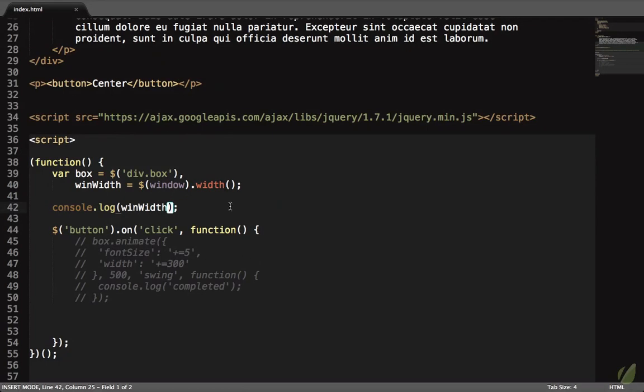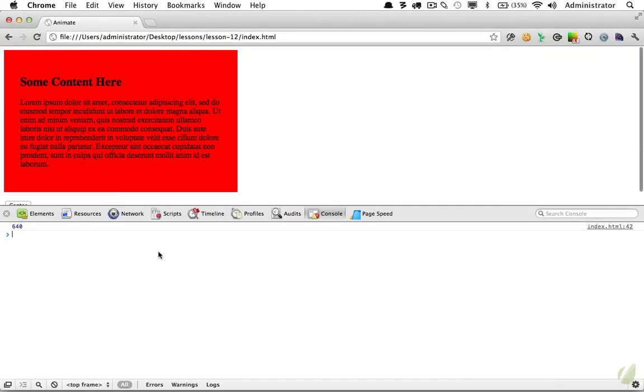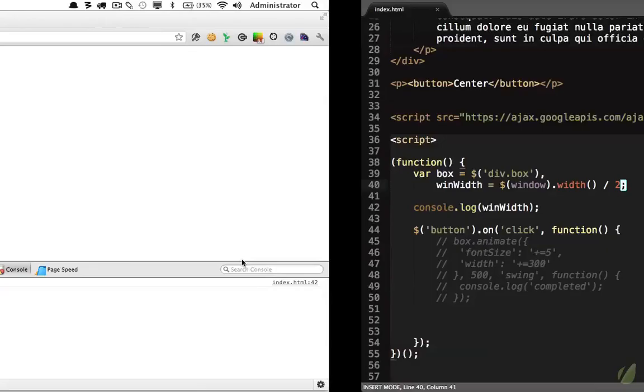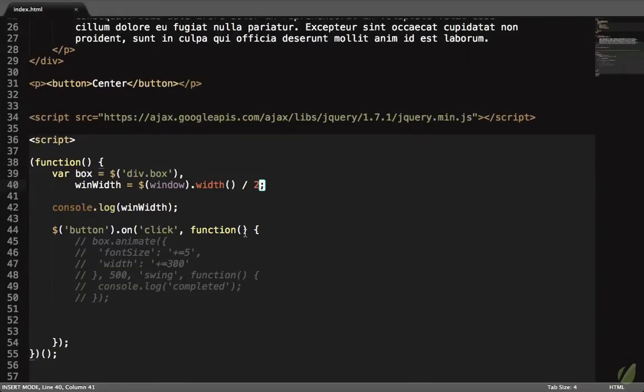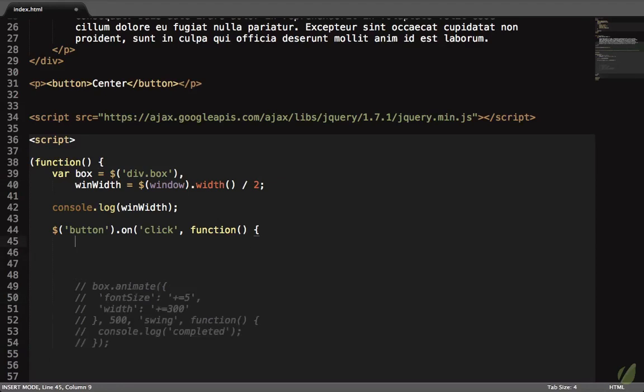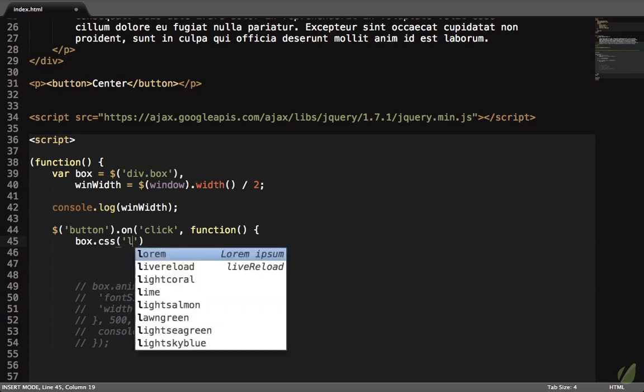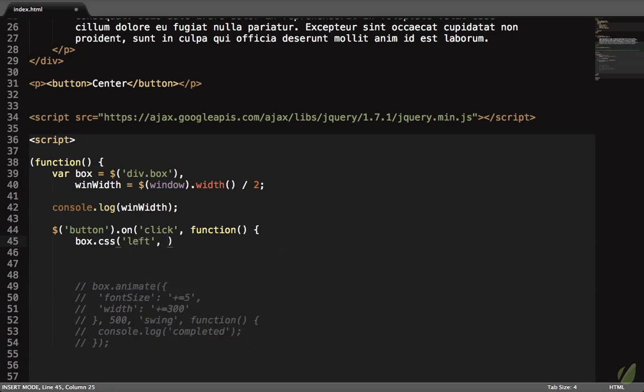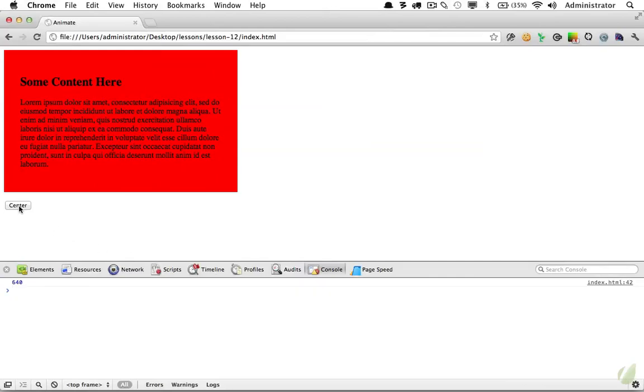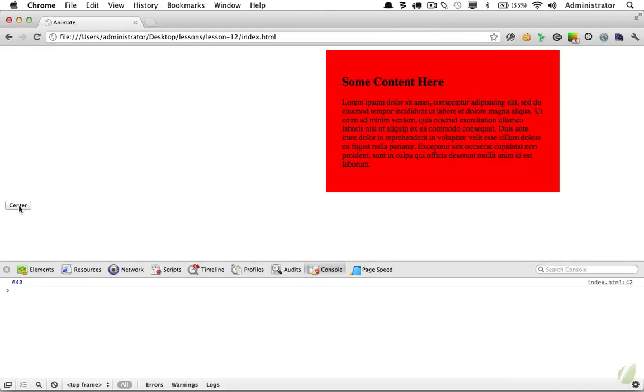So, with that in mind, why don't we divide this by 2? That starts to make sense. We want this box to be more or less in the center. So our first step is divide the window width by 2 and see if that value works. So right here at the top, we'll say box, and we'll use CSS just for now. And we'll say the left value should be equal to win width. Let's try that. Refresh, click on center, and no, that's not going to work